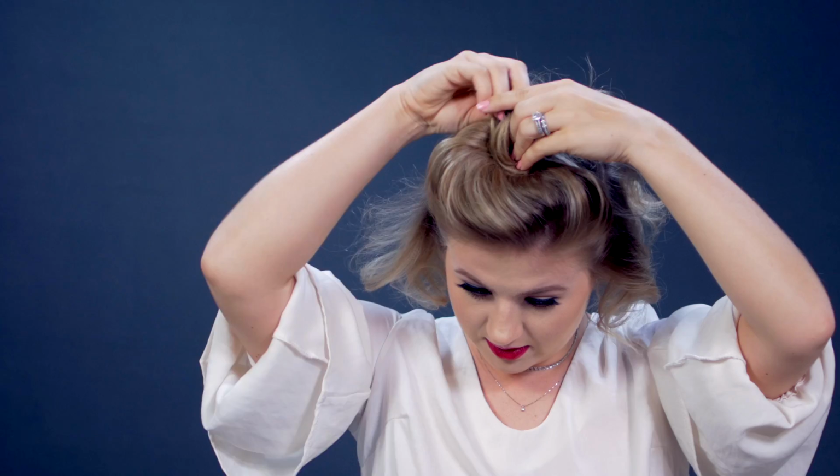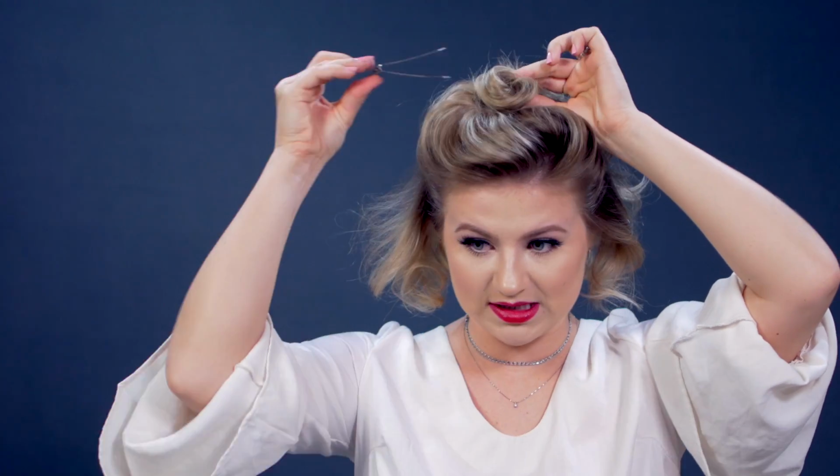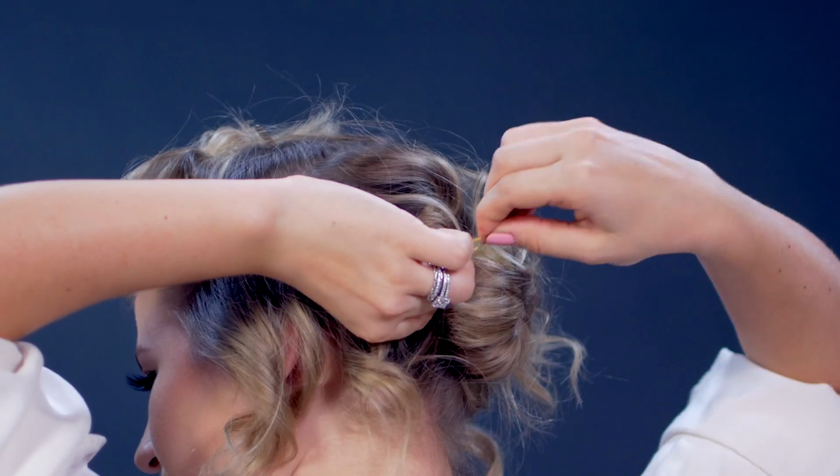It's gonna be nice. I'm gonna section off first the top section like so. We're gonna take this out of the way, and we're gonna work with the side sections first. So what we're gonna do now,